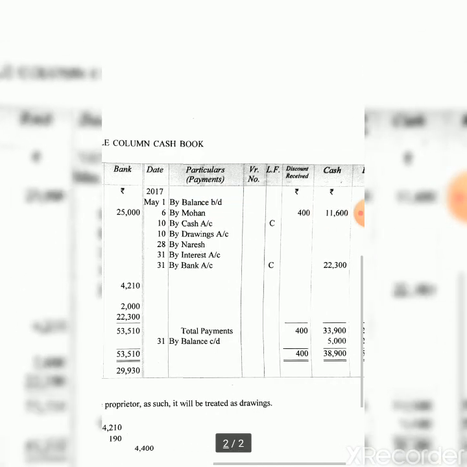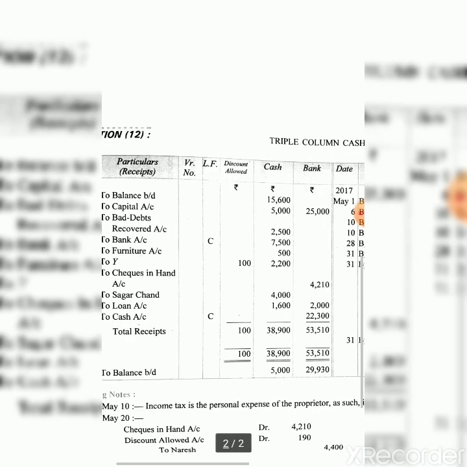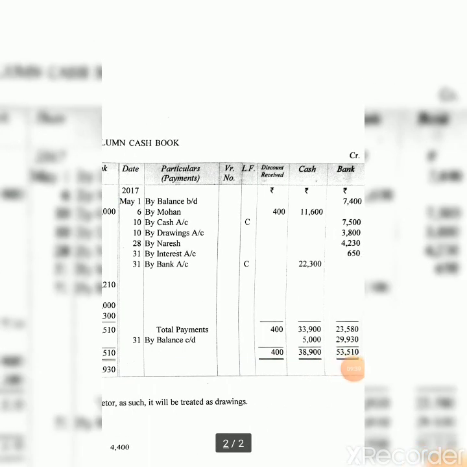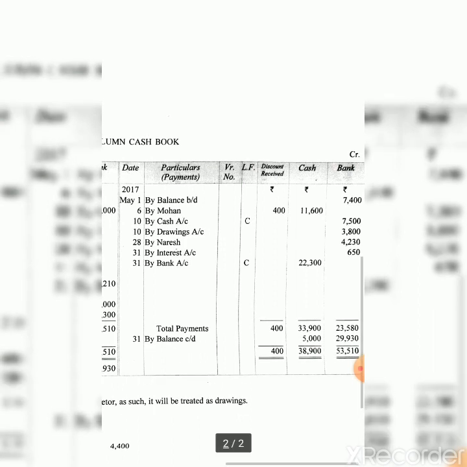Again, to cash account, now according to the condition, okay, interest debited by the bank. Now here you must understand the term. For bank we are creditors because we had given them money. So when bank debits, that means bank is deducting money from our account, and bank credits in their book, that means passbook, that means they are increasing money in our bank account. So interest debited means that interest was deducted from us. So by interest 650 and deposited into the bank the entire balance after keeping 5000.